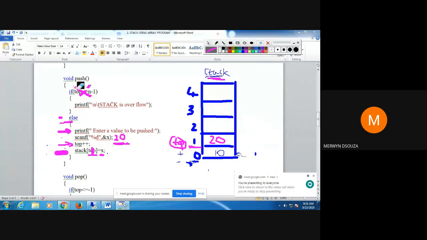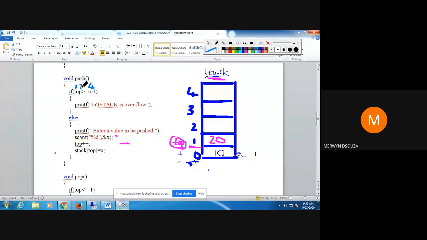So the third time I call push, now the value of top is 1, and n minus 1 is 4. So this is not greater than this.